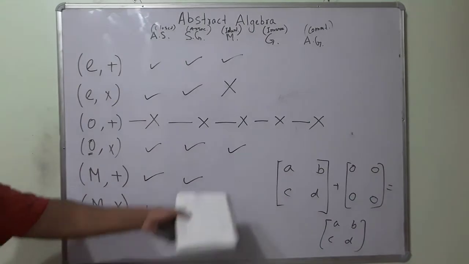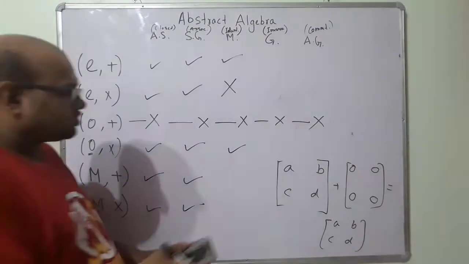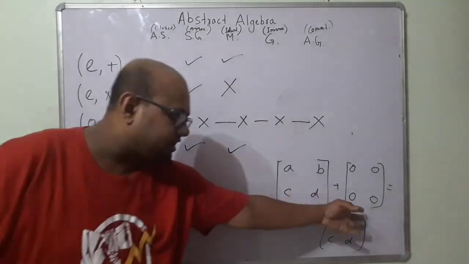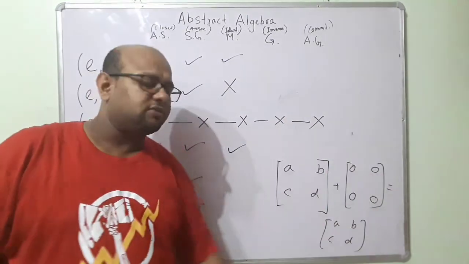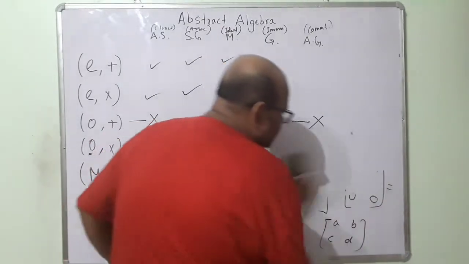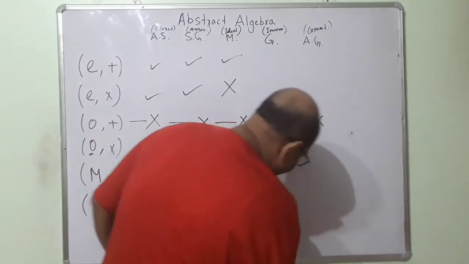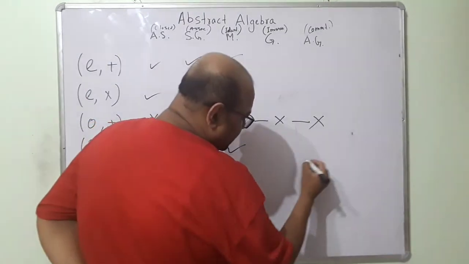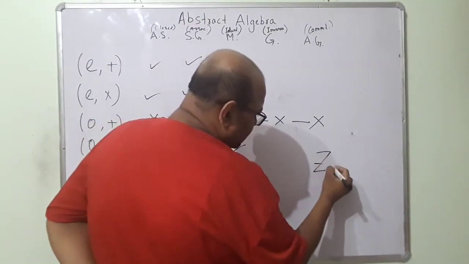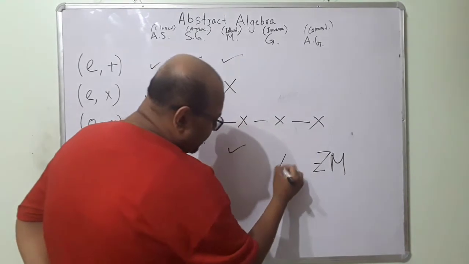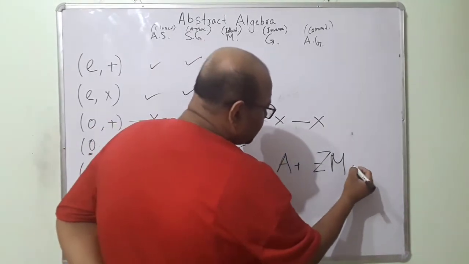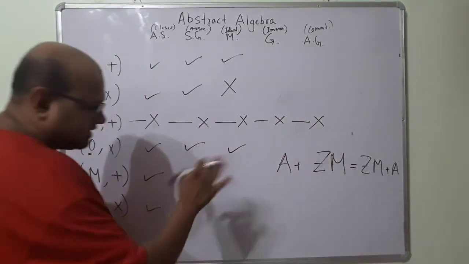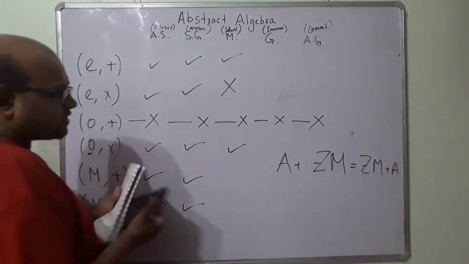Additive identity in the case of a matrix. So this 0 matrix, does it belong to the set of matrices? This is also a matrix, so it does belong to the set of matrices. Okay. So the additive identity exists. And one more thing, when I say this 0 matrix, let me call it the 0 matrix. When I add some matrix to the 0 matrix, it is equal to the 0 matrix plus this matrix.